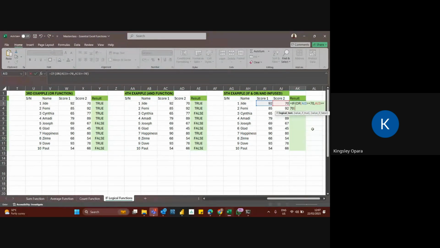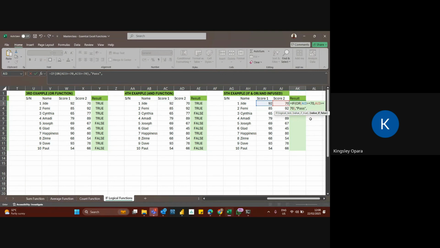Once I now hit my comma, it will move away from logical test to value if true. At this point, it is ready to take whatever response you want Excel to give you when it is true. So let's say, for example, I want to type pass, enclosed with double quotation marks.